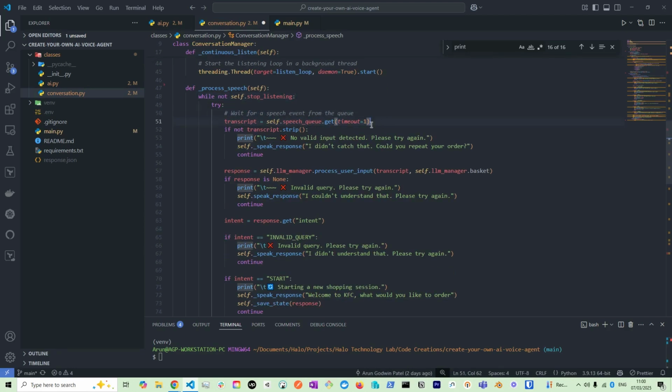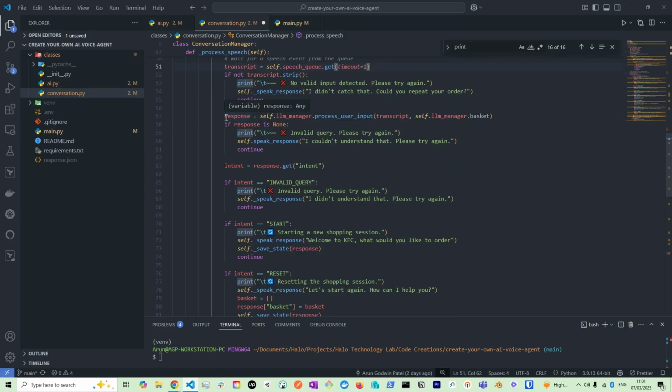This is constantly waiting for a transcript to be added to the queue. As soon as a transcript is added to the queue, all of this remaining code is then executed. First of all, it checks to make sure that there is actually some valid text on the transcript. If not, then it will come back with some error handling. If there is valid text, then it's going to send the text to the LLM Manager using the method that